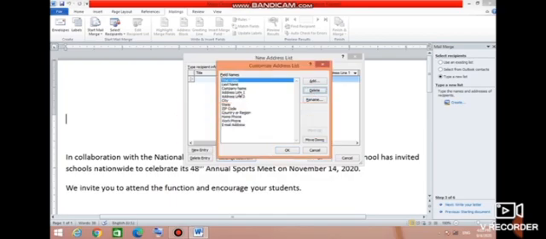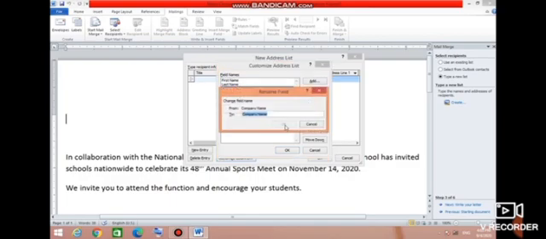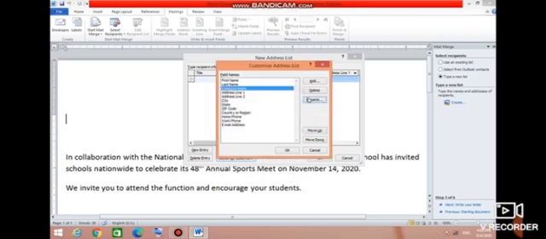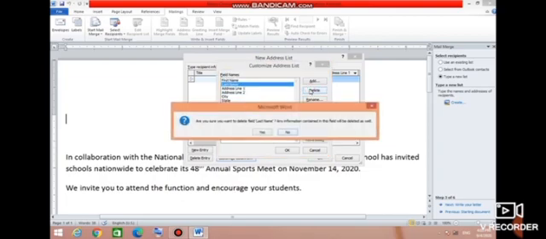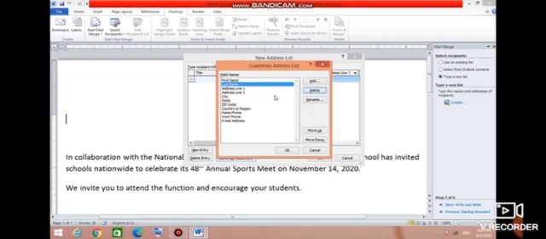Click on the Customize button to add or remove fields. Yes, I'm removing fields here. Only the required fields will be left by me. I removed all the extra fields.